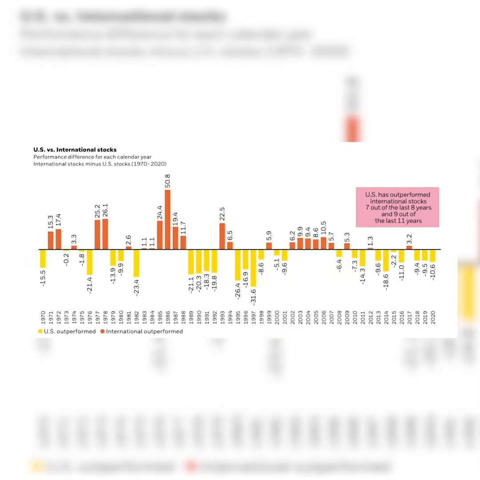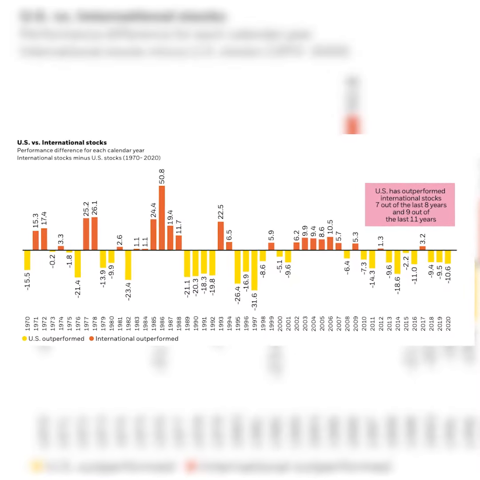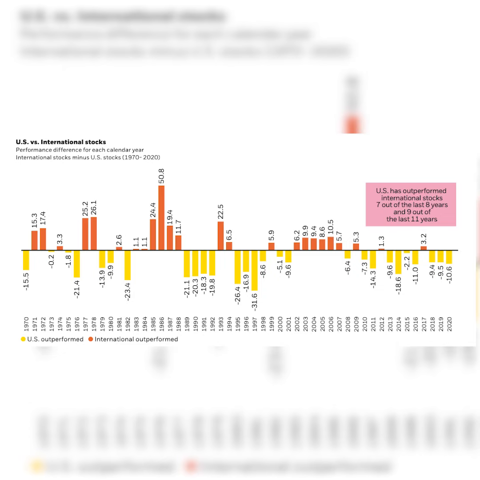What we have here on the screen is a simple comparison showing the rate of return for US versus international stocks. You can see it's nearly even, but historically US stocks have outperformed international stocks, especially in the most recent years. So for example, the US has outperformed international 7 out of the last 8 years and 9 out of